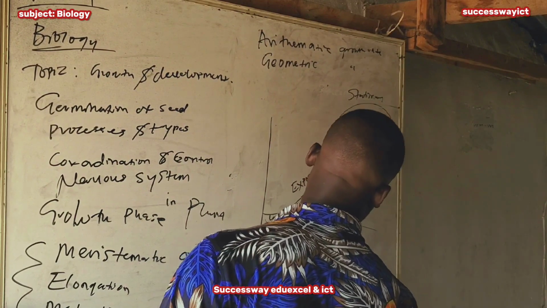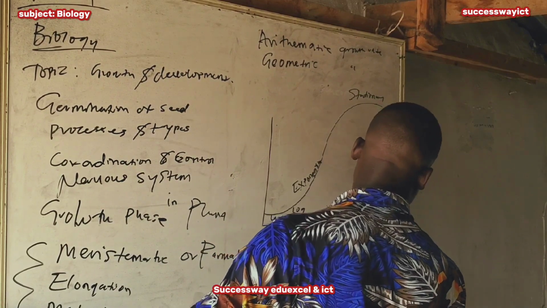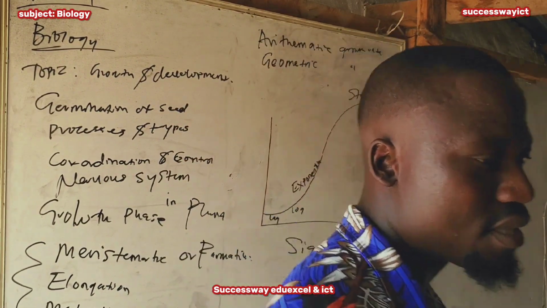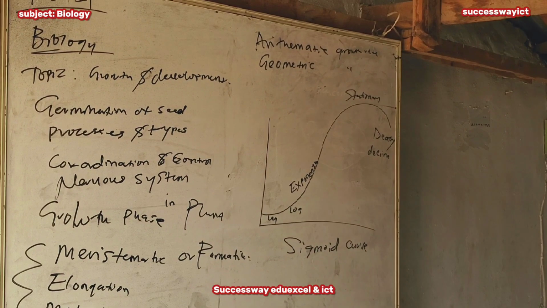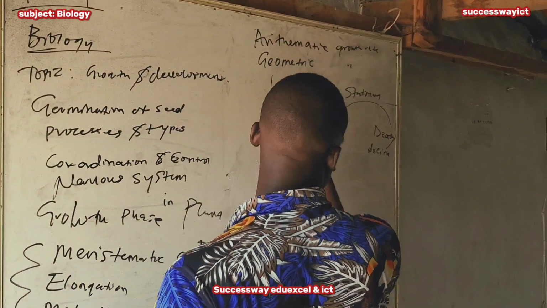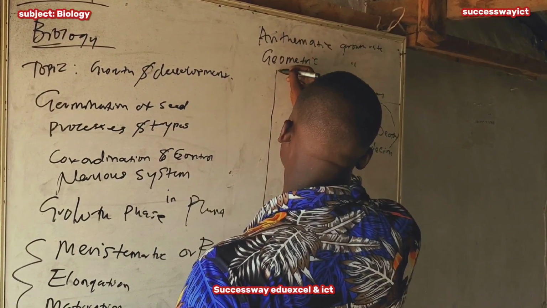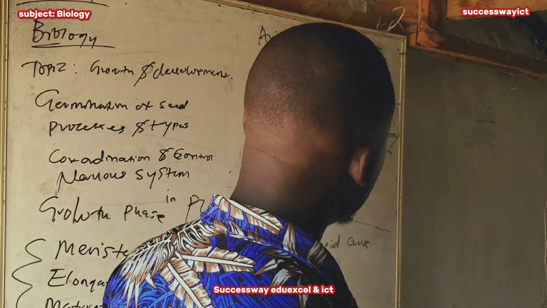This is called sigmoid. This thing is very important for those writing WAEC. So the sigmoid curve